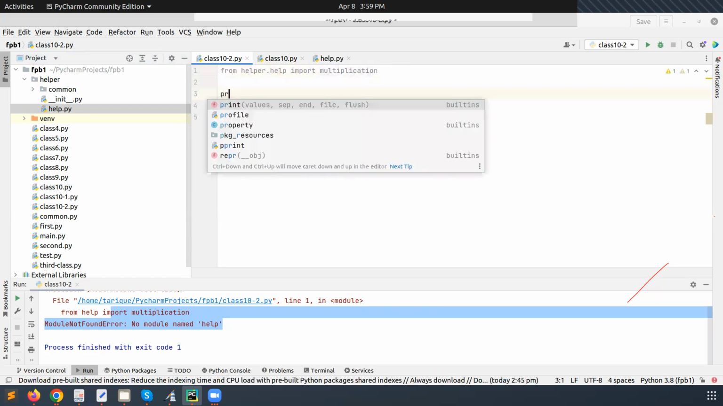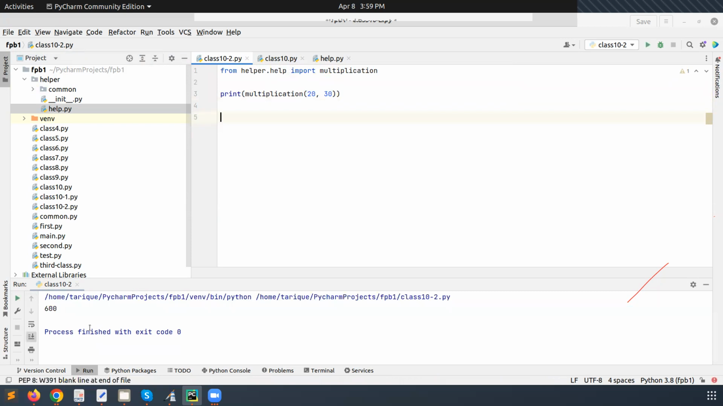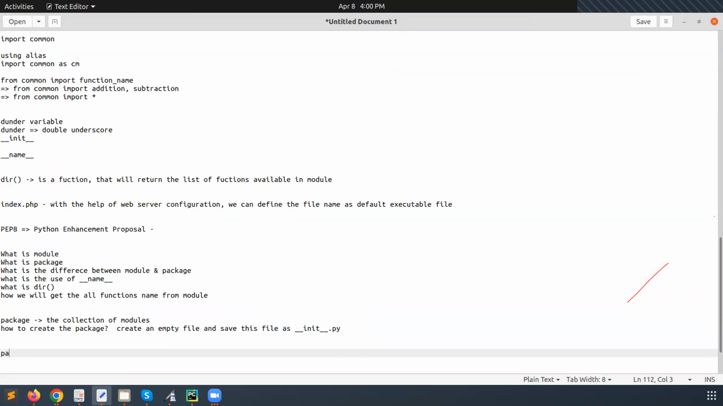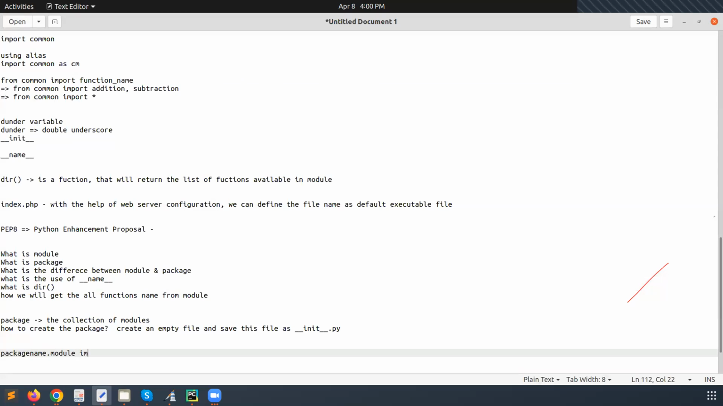Now we can use print multiplication 20, 30. Now you can see the output here. So what is the concept when we call the package name? First of all, the package name, then the module name, and after that you can do the import and other things, like from import and the function name. Here you can give the function name. In this way we can create, and there are multiple options, like we can go to a nested